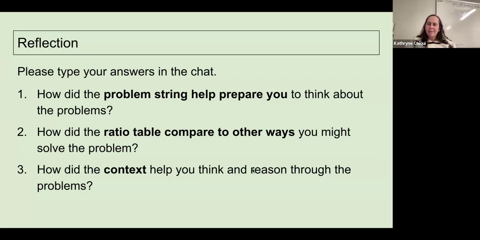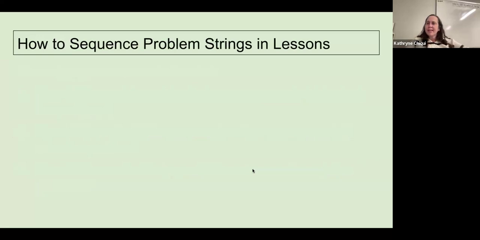I want to make sure that we get through everything. So the next thing I want to talk to you guys about is probably why you actually came to this session. One of my big questions when I first started working with problem strings was trying to figure out where to put them in lessons. And at first I was just trying to develop my own numeracy. And so I would just do a problem string anywhere in a lesson that it fit. And sometimes it wasn't even related to what we're doing, because I was trying to build numeracy where I saw holes in students' ability to do